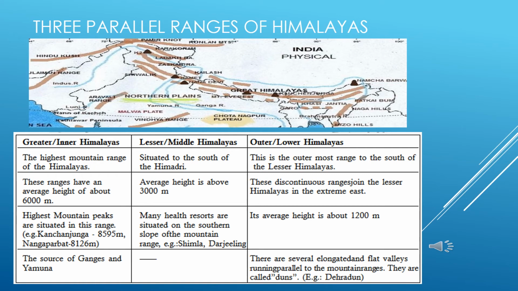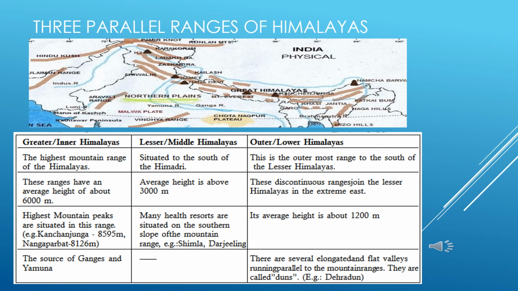The outermost range of the Himalaya is called the Shivalik range. They extend over a width of 10 to 50 kilometers and have an altitude varying between 900 and 1,100 meters. These ranges are composed of unconsolidated sediments brought down by the rivers from the main Himalayan ranges located further north. So these valleys are covered with thick gravels and alluvium.